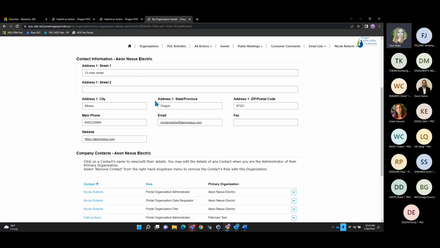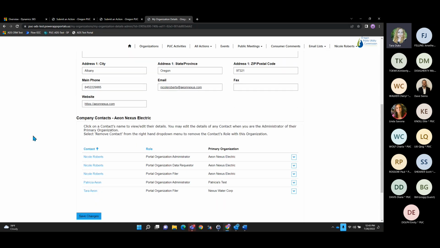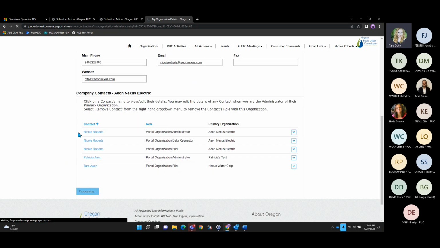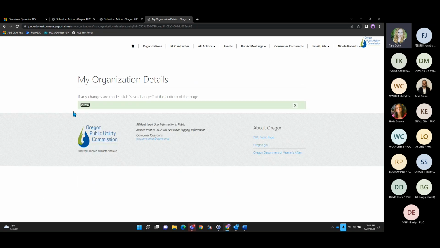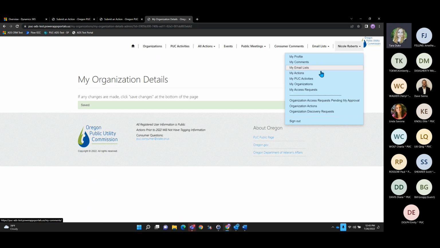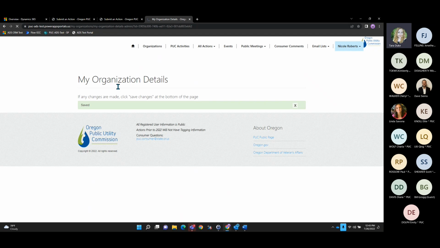If I were coming in here as a filer or a data requester, I'm not able to update the address of the entire organization. It's just something that I maintain as the admin. I can click Save Changes down here just to update my address officially. All right. And I also wanted to walk through, let me go back to my organizations and show you what